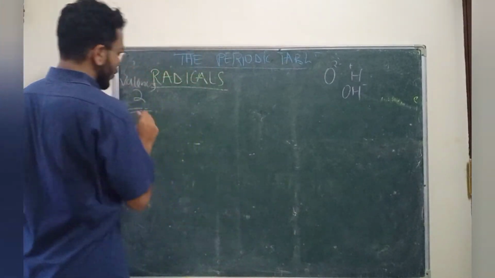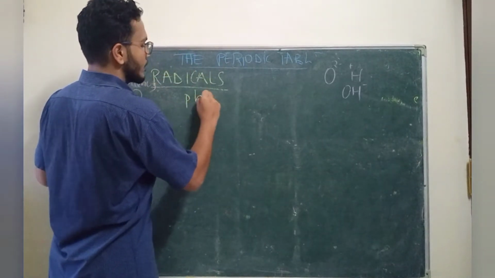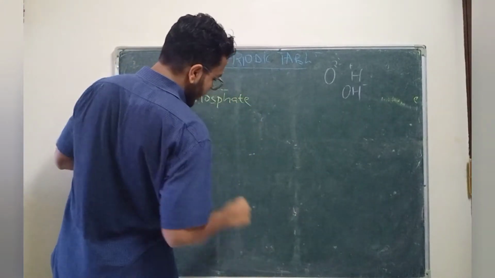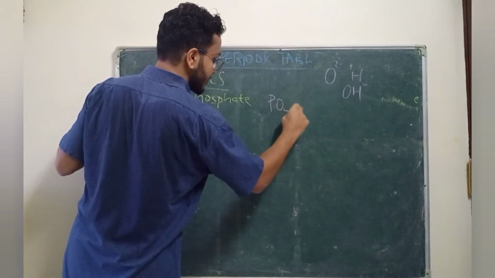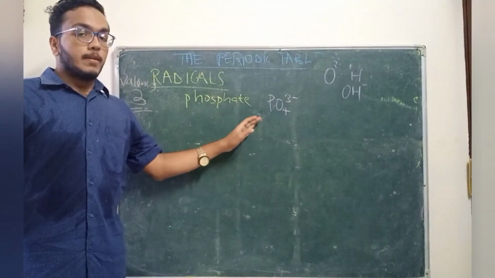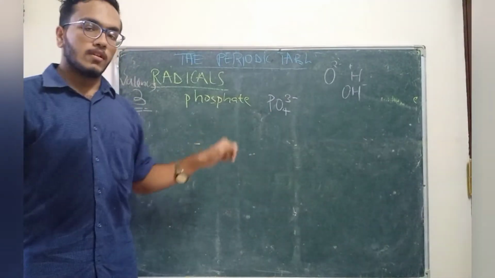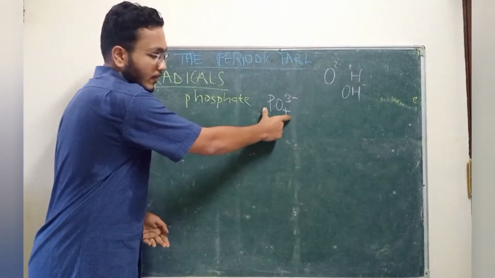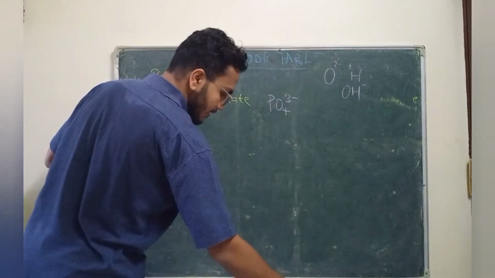There is only one radical of valency 3, which is the phosphate ion. And it is written as PO4 3 negative. What do we mean by this? We mean that one atom of phosphorus reacts completely with 4 atoms of oxygen to form a phosphate radical, a phosphate ion. Now these radicals, for example, react with, let's say,